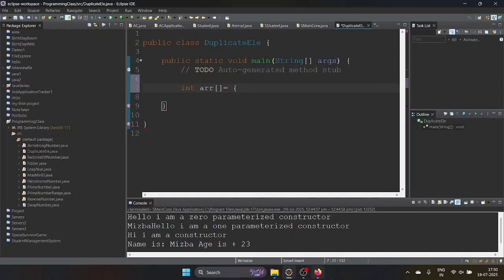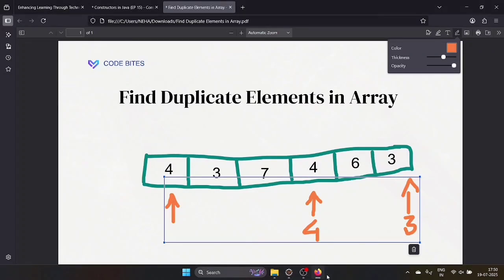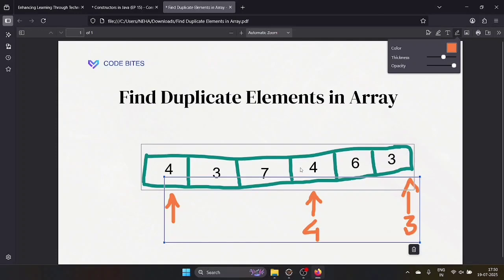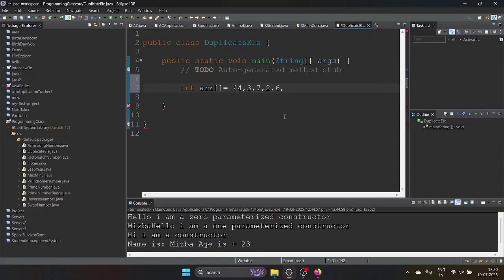Let's see what values we give: 4, 3, 7, 4, 6, 3. So see here, we have taken an array of type integer and given some values. Let's see how we can do that.